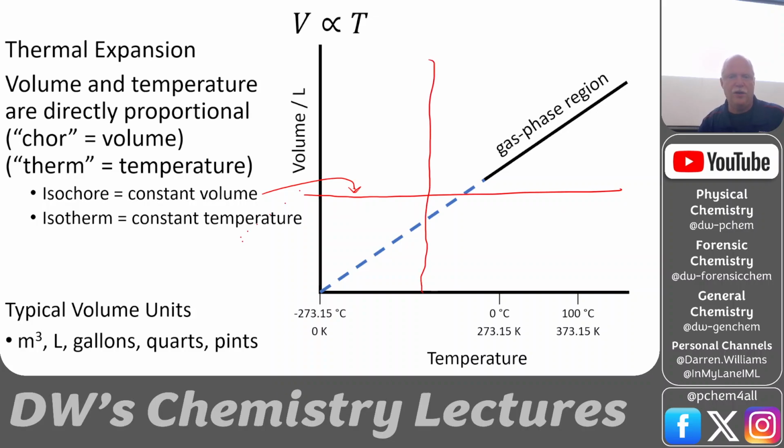It's hard for me to draw straight vertical lines on this tablet, but that's an isotherm. And this line here, the gas phase region, that's the linear region where it behaves like an ideal gas, and its volume is proportional to temperature. It's telling you that